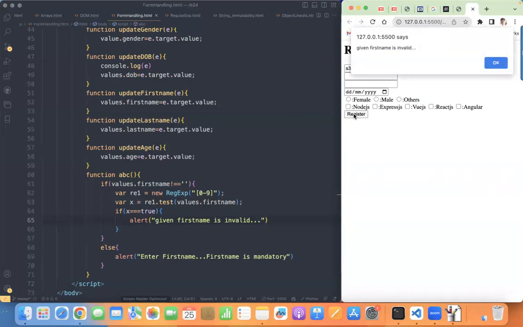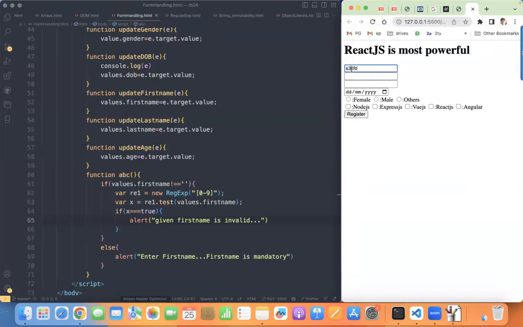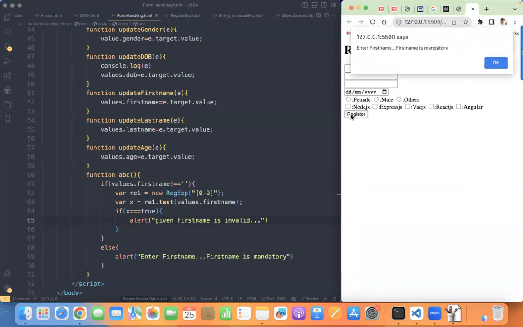The given first name is invalid. So if I remove this and register now, it's not giving me any error. Suppose if I make it empty and if I click on register,